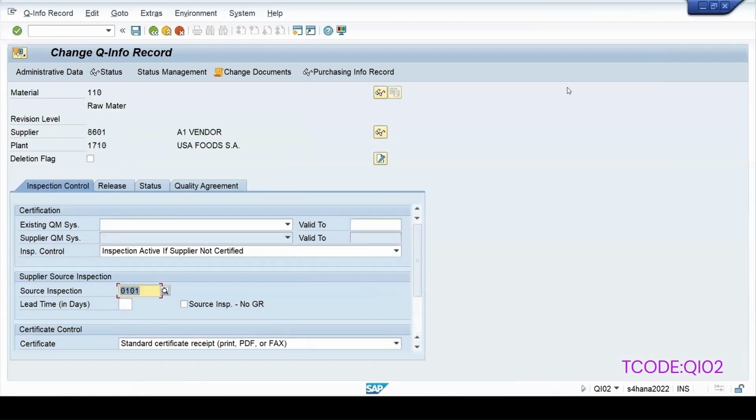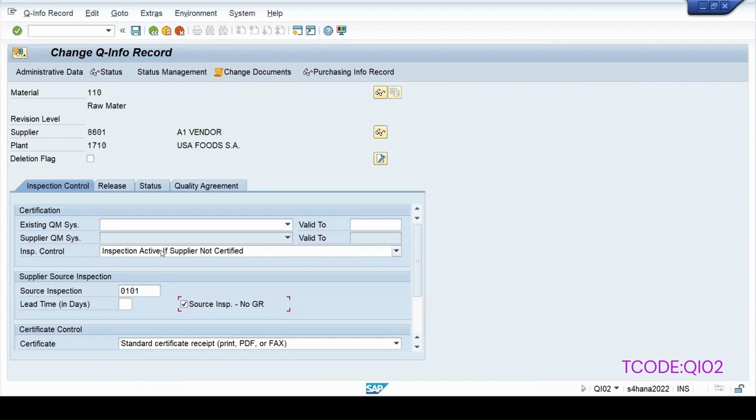When I'm saying at the vendor end I have done the inspection, then I don't want any further inspection to be done, right? Because I have already done it on the vendor end. Then after doing that, once you do the MIGO, again the lot will get triggered for 01. No further lot should get triggered. Then you will select this source inspection done. Then no GR lot should get triggered, which means 01 should not get triggered.